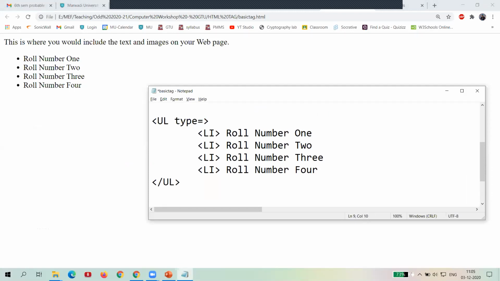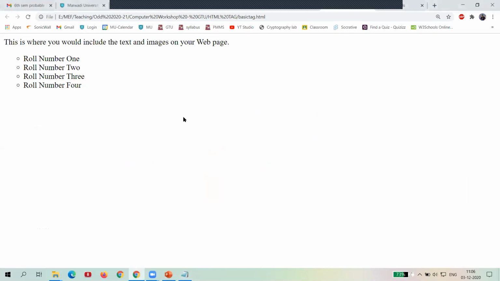Now type equal to, like I have represented circle, and refresh it. So where you can see the output, it is represented as a circle.